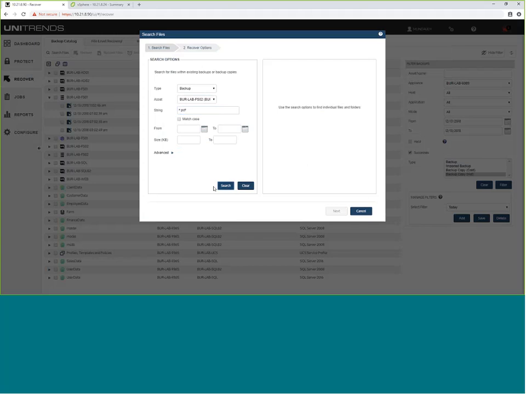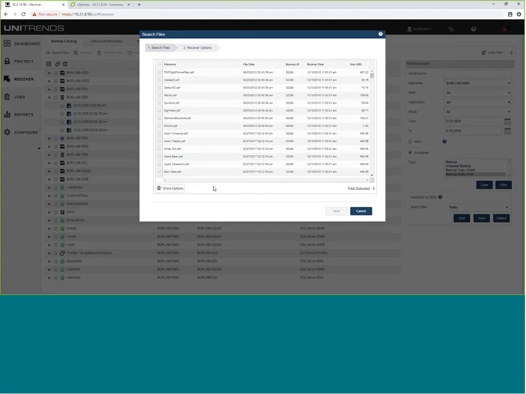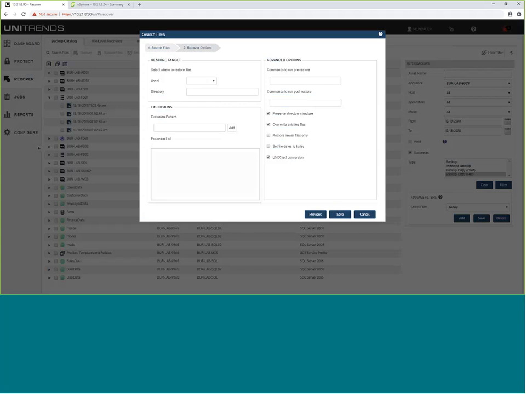And because our agent has indexed that machine, it allows you to quickly recover and isolate the individual files or systems that you're looking for, and then recover them back to any system that you've connected to, back to the original directory. You can create your own directory for restore, change the file dates, override existing files or not. So a lot of options and granularity here in terms of how to recover specific files.